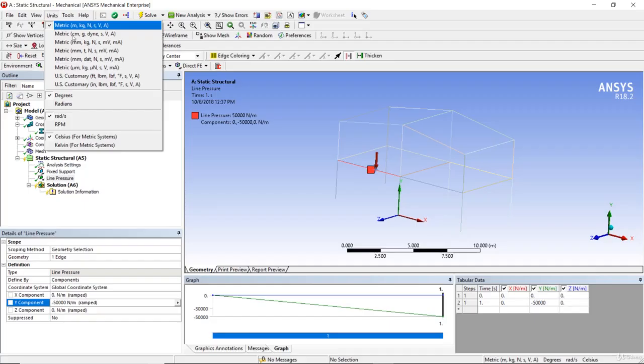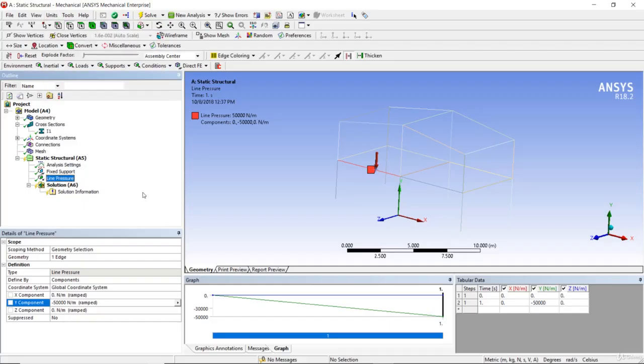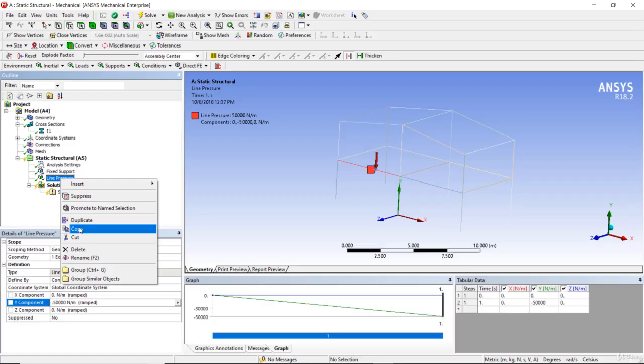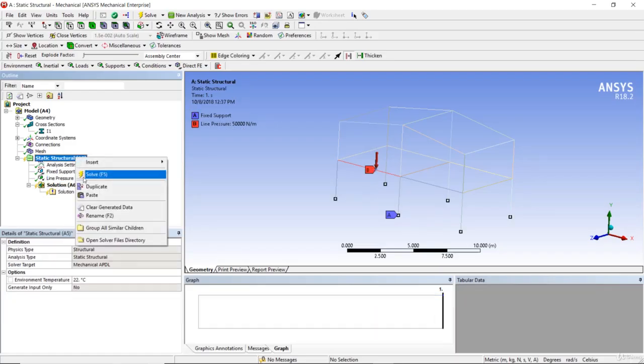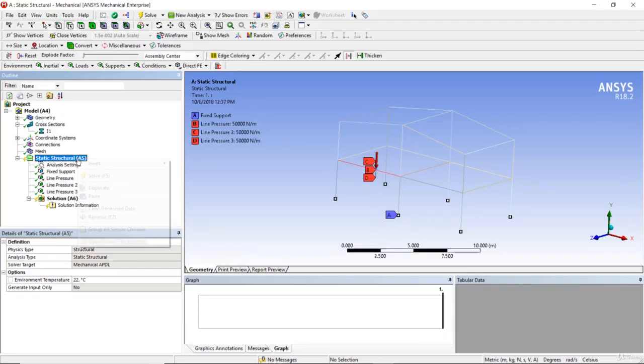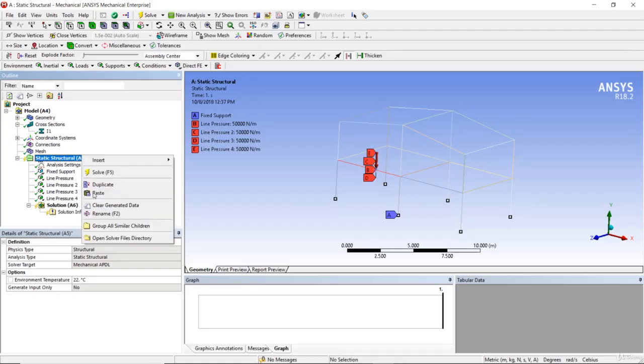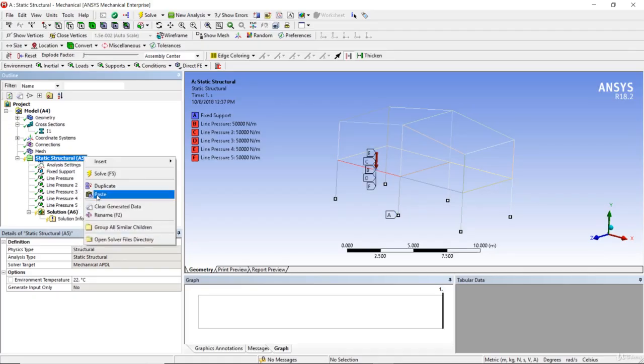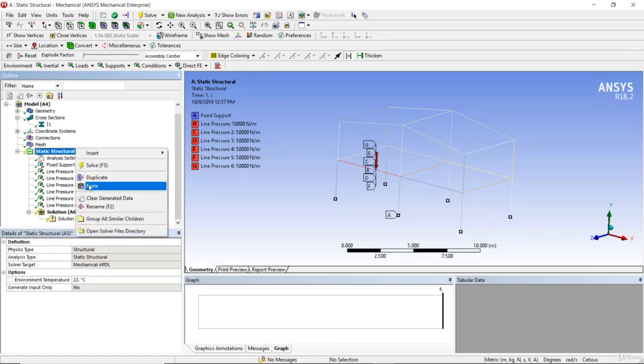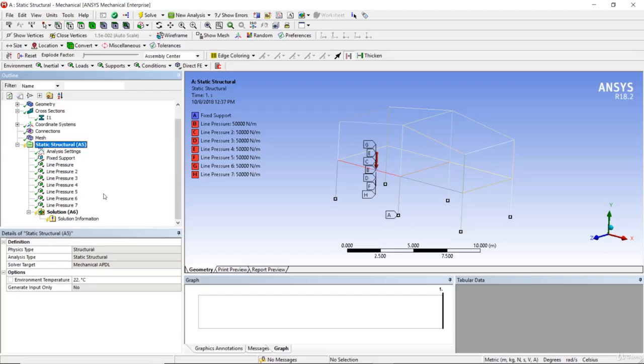Okay, so once we have given the line pressure, what we are going to do is we are going to just right click and say copy this line pressure, and we are going to paste it. So we have to paste it 7 times. So I have pasted it. Once I paste it 7 times, now what I'm going to do is I'm going to select this